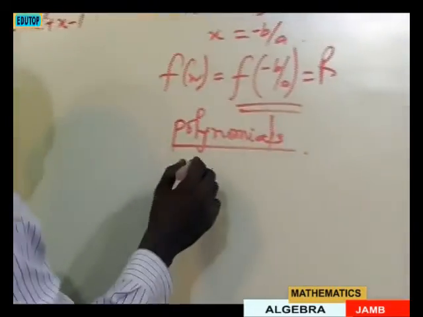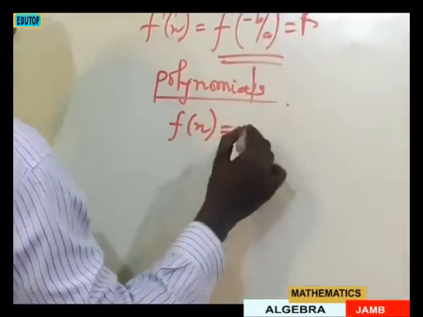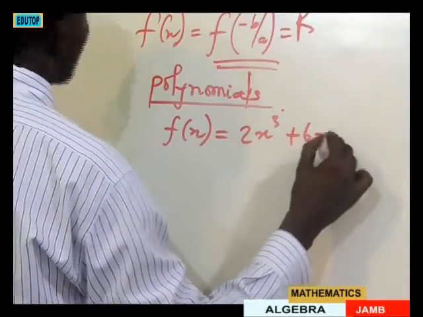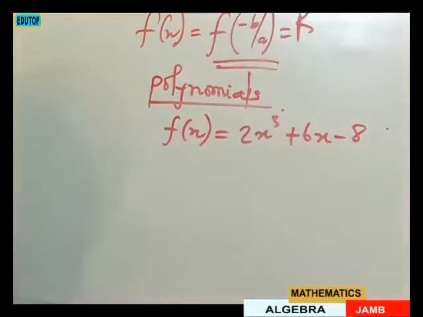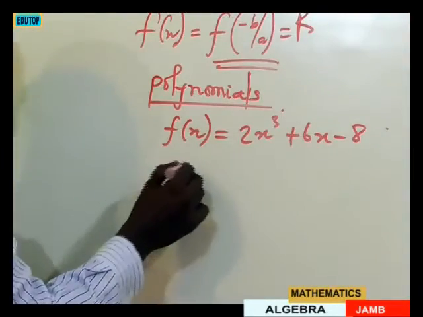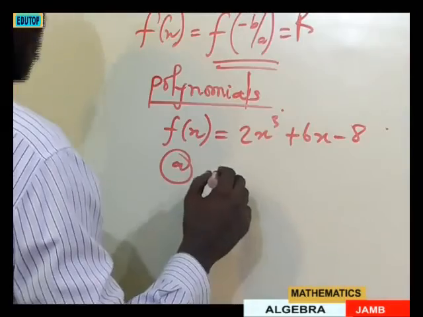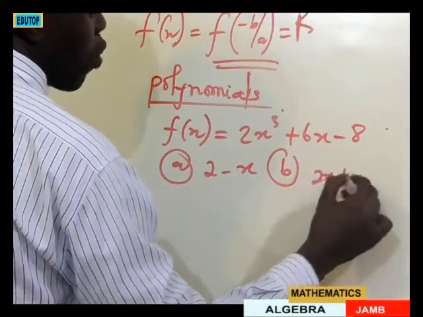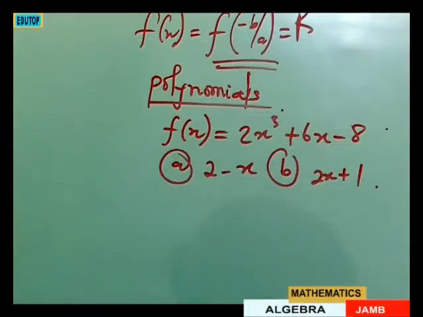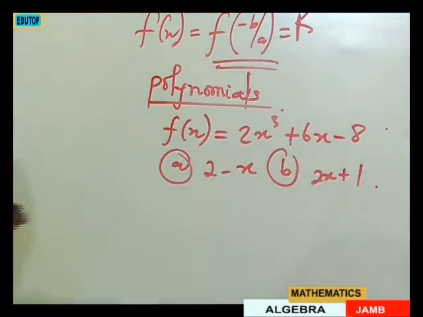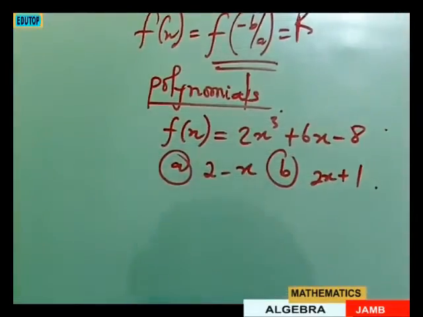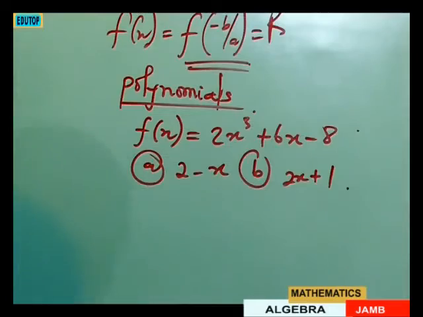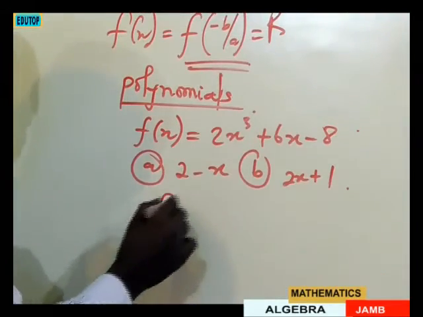So we are given f of x to be equals to 2x cubed plus 6x minus 8. Then they will definitely give you the divisor. The first one is 2 minus x. Then the second one is 2x plus 1. Take note of that. This is the way the questions will appear in your UTME. So if you are given a function of x like this, and the question asks you to determine the remainder, according to the remainder theorem, this says that f of minus